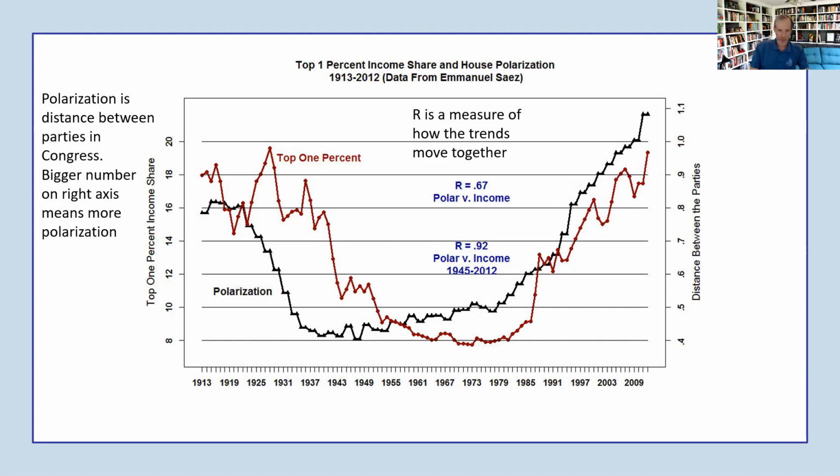But if you look from 1945, so basically the end of World War II, till 2012, and this trend does continue today, these two lines move together almost perfectly. So as income inequality increases, so does political polarization. And I think we're observing political polarization now, right? The Democrats and the Republicans are very much against each other on topic after topic after topic.